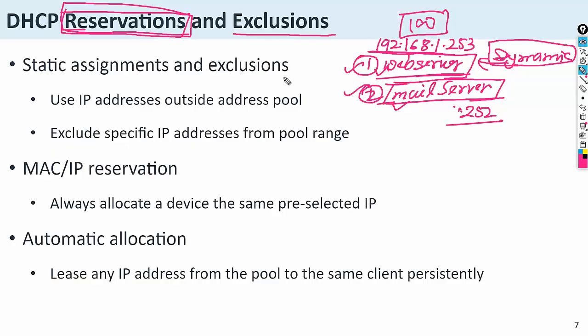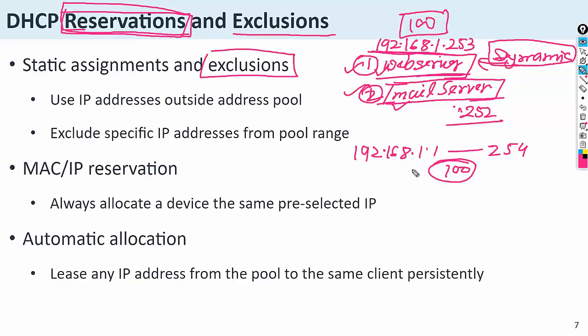Okay, another is exclusion. Exclusion means if you want to exclude part of the pool, like I am giving the IP address range 192.168.1.1 to 254, but I want to exclude, in between, 100 computers or 50 IP addresses for any specific reason.